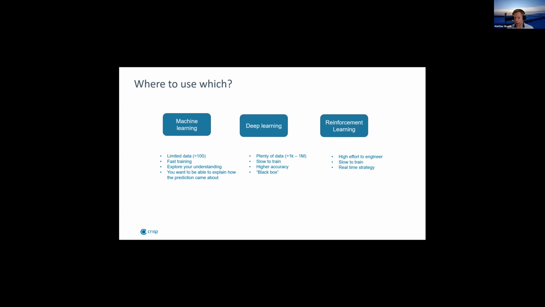And reinforcement learning, that's deep learning on steroids, so even slower. But more importantly, this requires a lot of time and effort to train. So if you take the AlphaGo scenario, I mean, the team might spend a year or 2 years before it actually deploys this AI in a real environment.